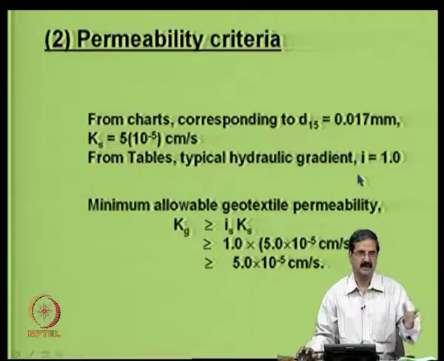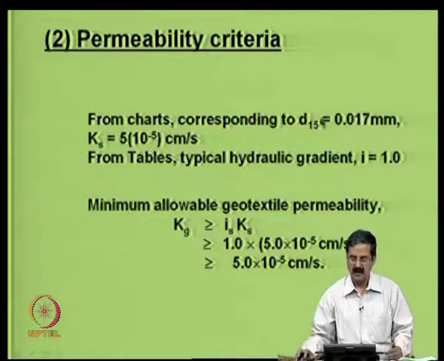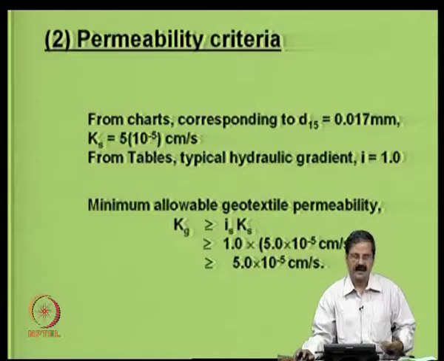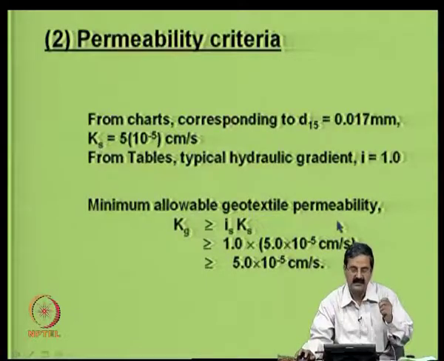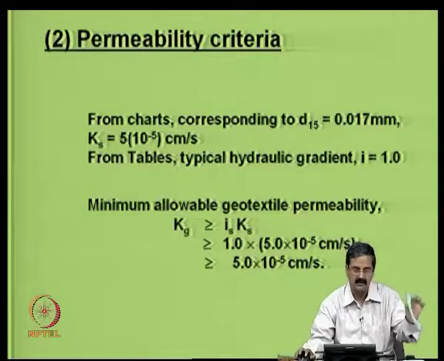The thing is, it is a simple drainage problem of a simple parking lot, and I do not expect big hydraulic gradients there, unlike a dam or a liquid impoundment where the hydraulic gradients could be higher. So, what is that permeability value? What should be the geotextile permeability now? I would like to specify the geotextile permeability now.